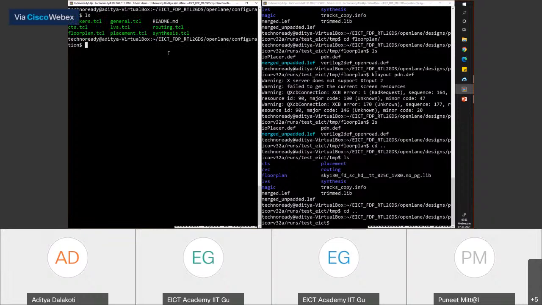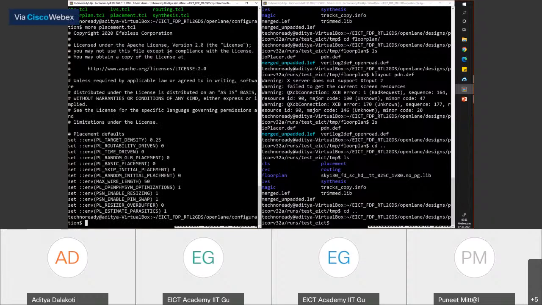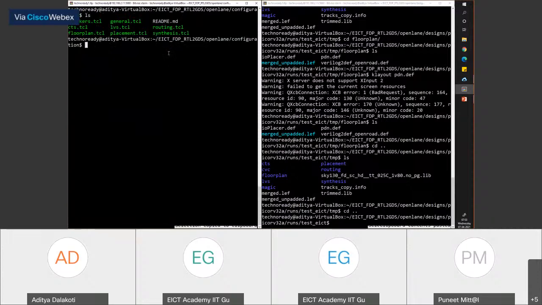So basically, right now we targeted the floorplan.tcl. Tomorrow we'll target the placement.tcl, and then we will also try to do some manual macro placement and see how that happens.